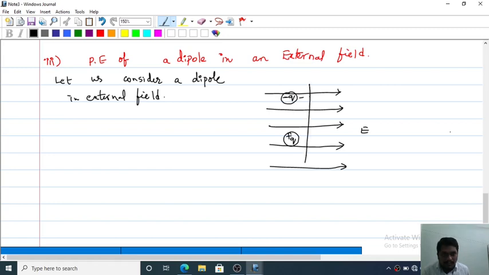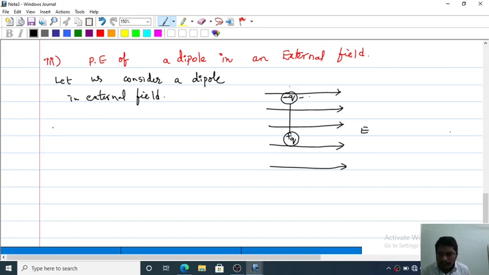So this is an equipotential line, yes or no? Here let it be the origin. So all the points are at the same distance. Here this one, this one, this one. So this is an equipotential line. This is also an equipotential line. So I am placing plus q and minus q at the same potential line, so that both will be at the same potential, and the work needed to bring both plus q and minus q will be the same. So I am placing these two, plus q and minus q, at the same potential points.